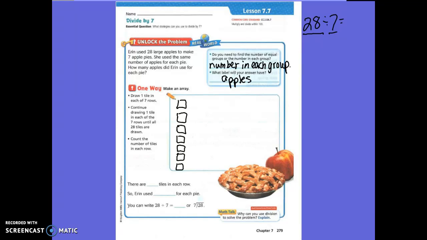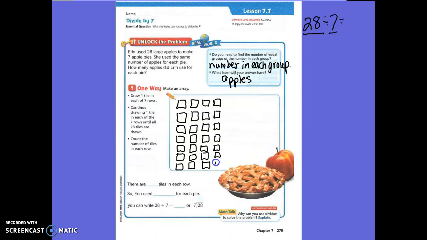So let's do that. I have 7 so far. 8, 9, 10, 11, 12, 13, 14, 15, 16, 17, 18, 19, 20, 21, 22, 23, 24, 25,